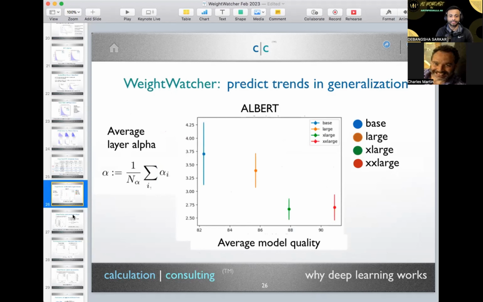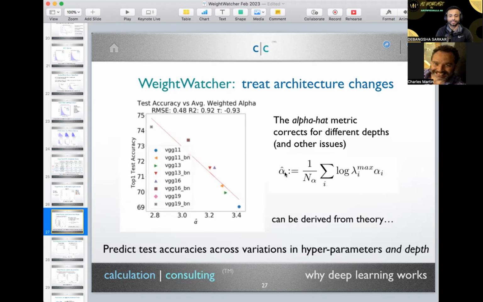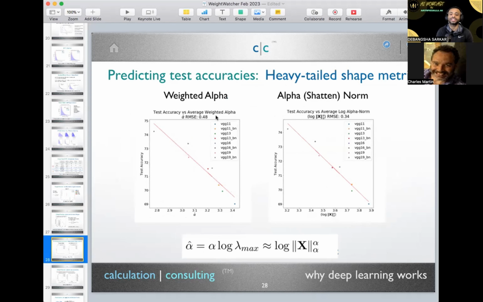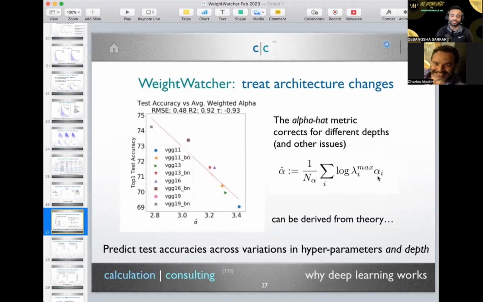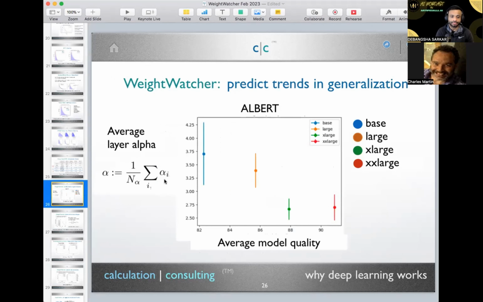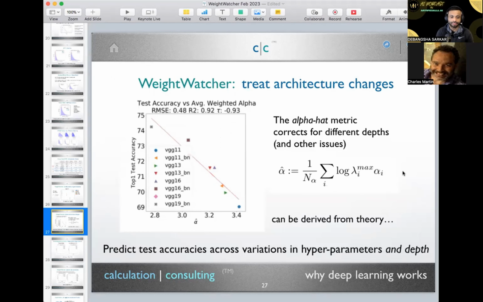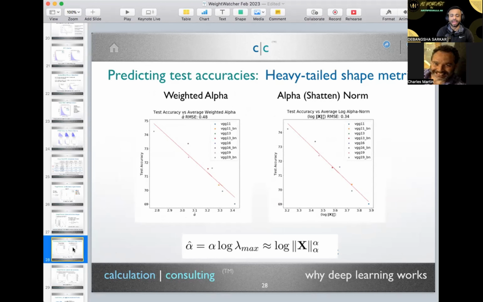So the alpha is just the average, and alpha hat is the weighted average. Maybe I called it hat because I used to be a physicist, right? So you've got to be careful, and it really should be called weighted alpha. It's a weighted average of the layer alphas, not the normal average. The original alpha is just the regular average, and alpha hat is the layer-weighted average. Now it turns out I can derive alpha hat using techniques from statistical physics. I can actually derive an exact expression for it. That would be quite surprising, but it can be done, and I can show a little bit of that.